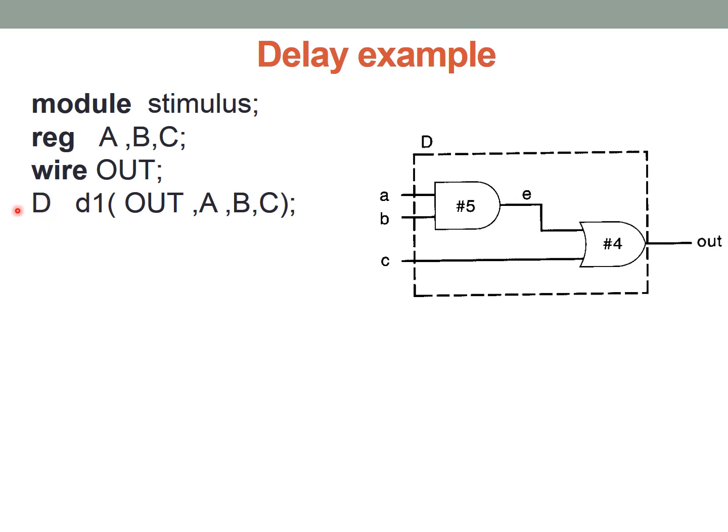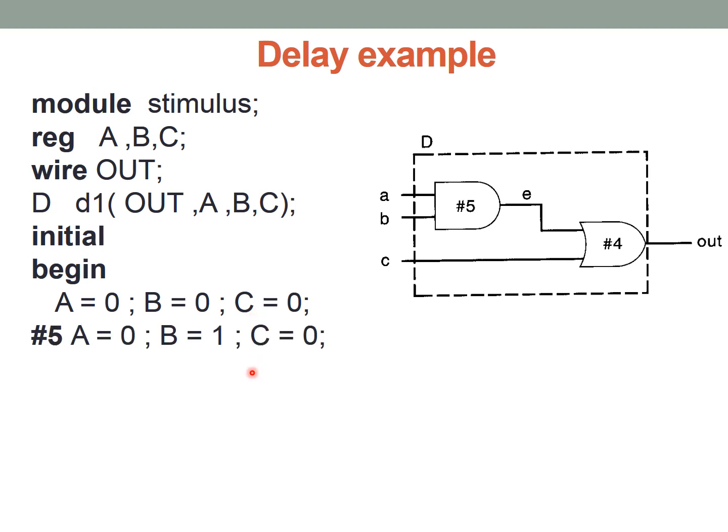And then we instantiate or invoke or call the design block, the same name which we had given in the previous module, D. This label is very important, and we have to list out the variables in the same order we had listed in the module declaration. To initialize and give the values, we use the keyword initial, begin. So we are just randomly choosing some values, say a is equal to 0, b is equal to 0, c is equal to 0. If we give all the set of values, we will have 8 values, but we are just taking some sample values here.